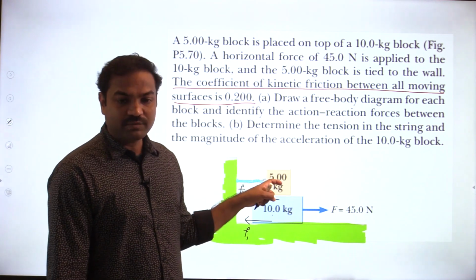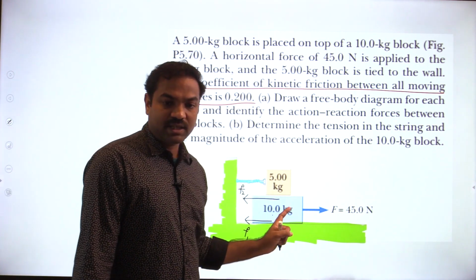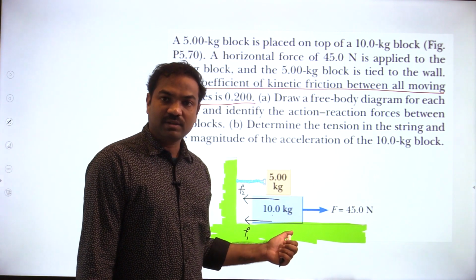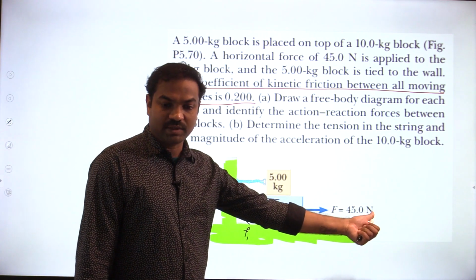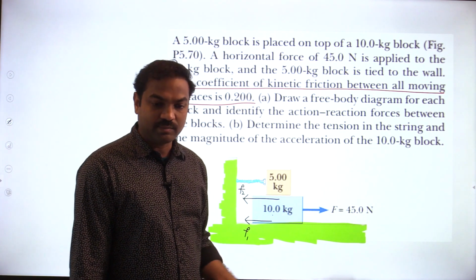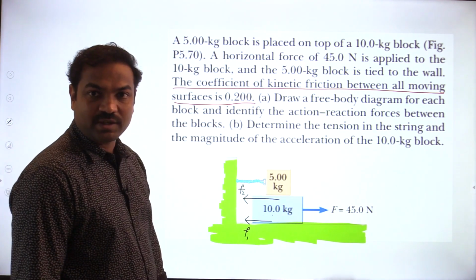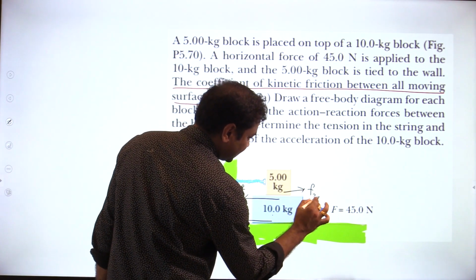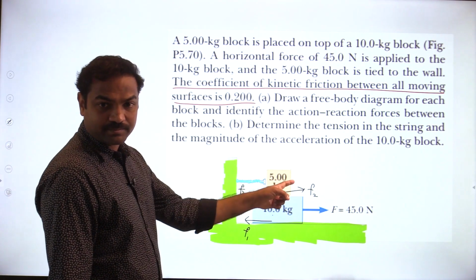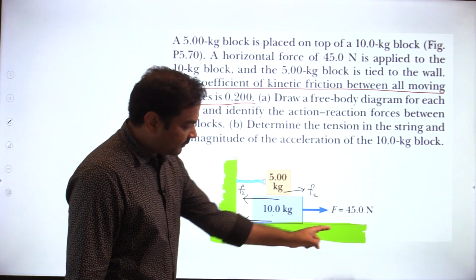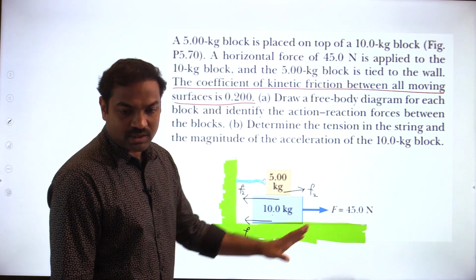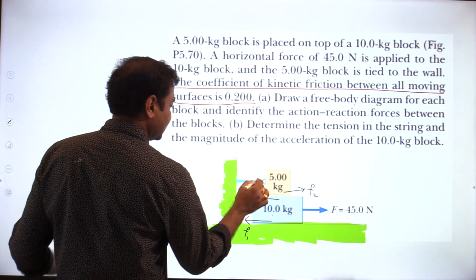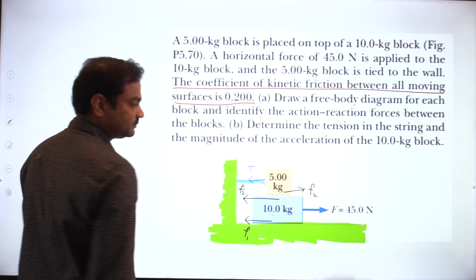Okay? If you stand on the 5 kg block, then the 10 kg block will appear to move in the forward direction. If you stand on the ground, then also the 10 kg block appears to move in the forward direction. So that's why both the frictions are acting in the backward direction. Let us calculate what F1 and F2 are. If F2 acts backward on the 10 kg block, then on the 5 kg block F2 will act forward, an action and reaction pair. On the ground F1 will act forward, but that's not required. Forces on the ground are not required. Okay. And tension will act. How will the tension act? Tension will act in the backward direction.